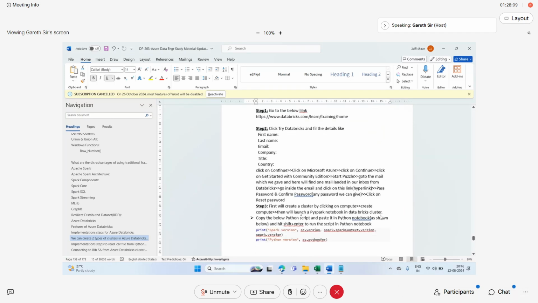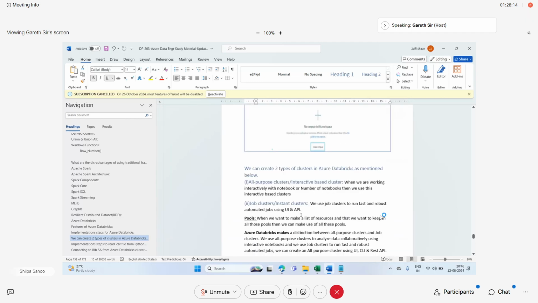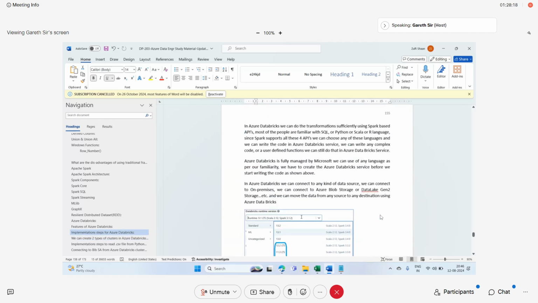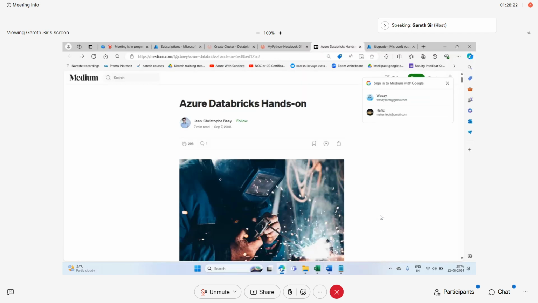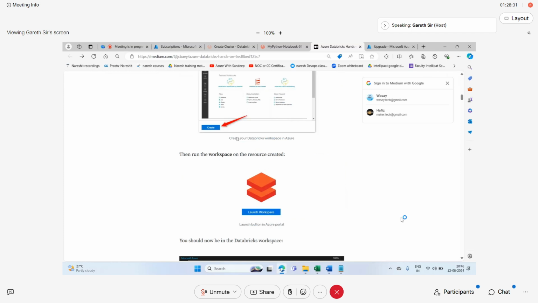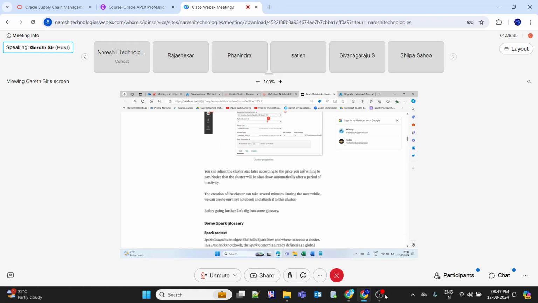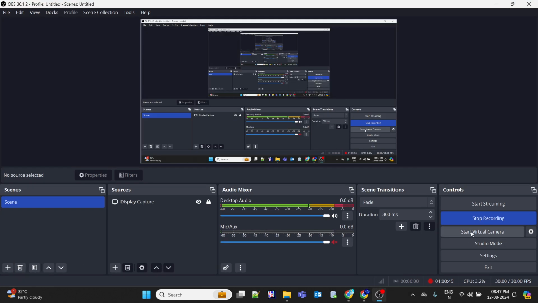All right, and this is the document or article we are following to do all the labs. Where is the article? This article, Databricks hands-on. We are going to follow this article. Christopher Bay is the author, from the US. He has done a lot of research work in Azure data engineering. So this is what all the labs